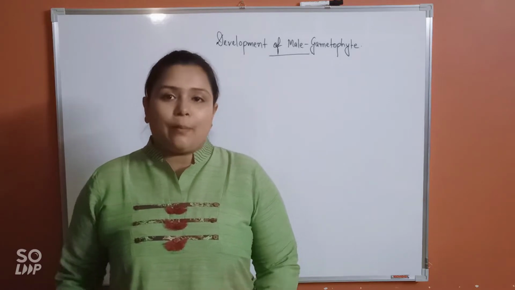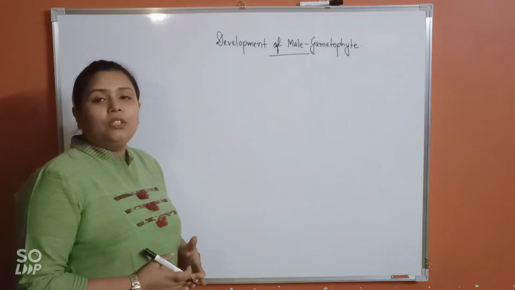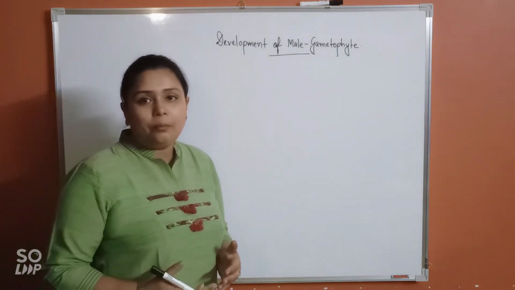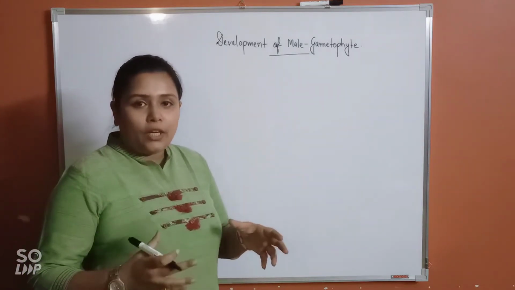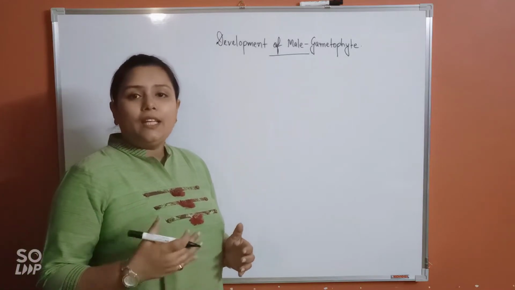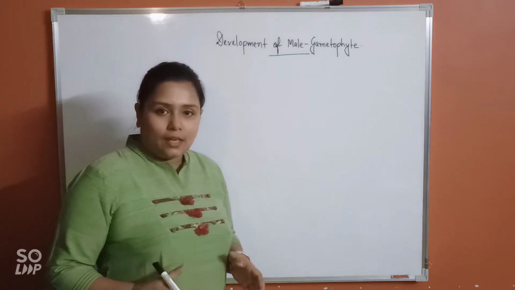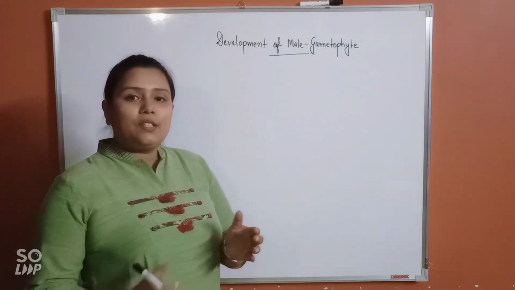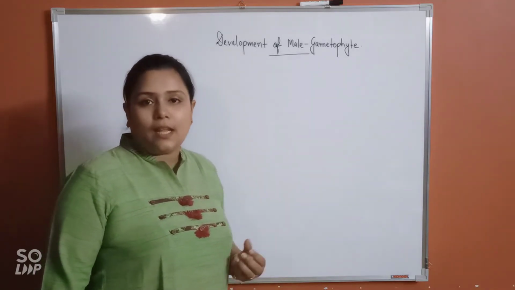Development of male gametophyte. Alright. So you have learned about how microsporogenesis occurs and pollen grains would develop. At first when they develop, there will be 4 pollen grains sticking to one another in the form of tetrads. And finally, as they separate, they will be in the uninucleate state, isn't it? The individual pollen grains, once they are separated from the tetrad, will be in the uninucleate state, right?